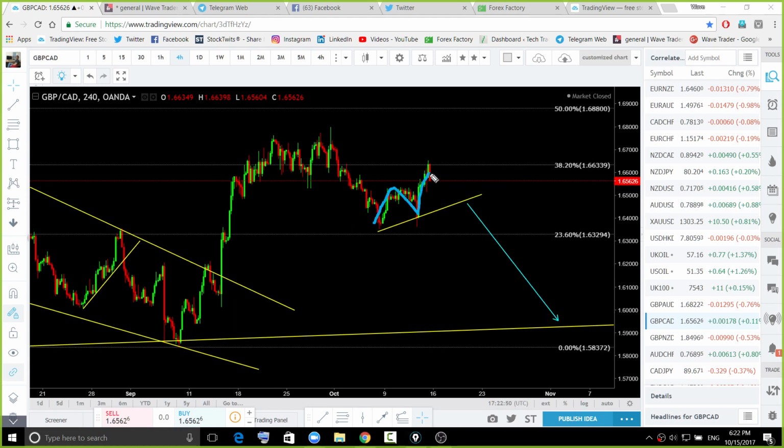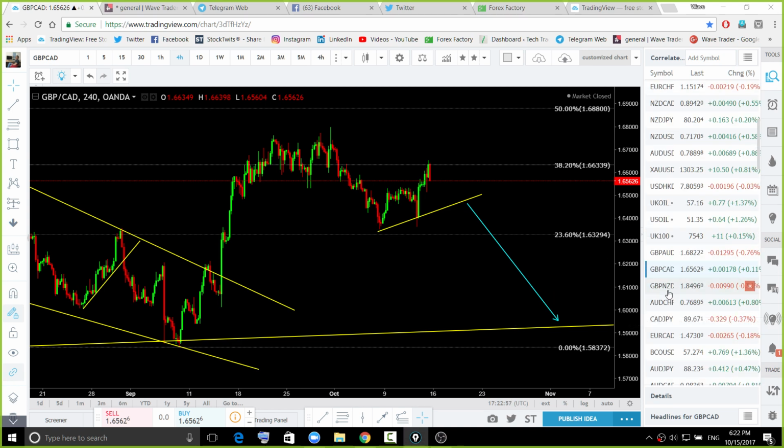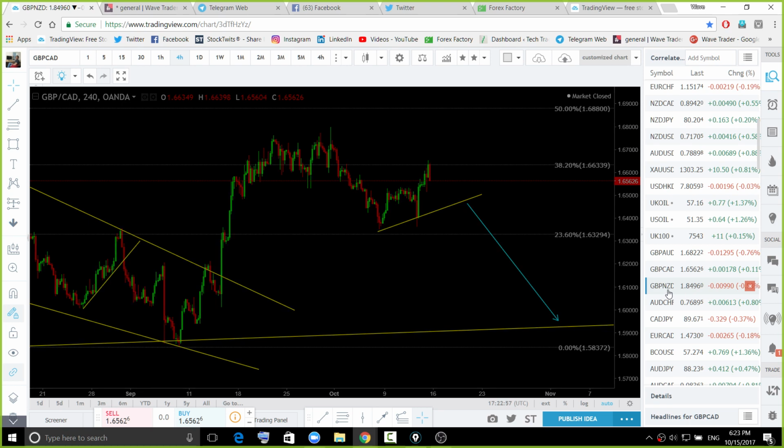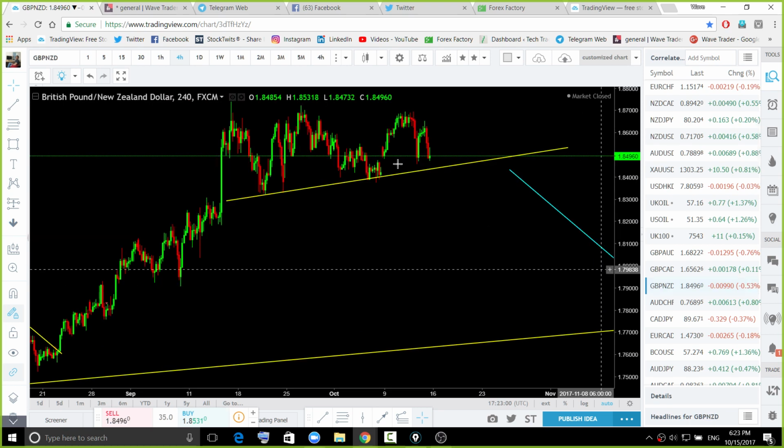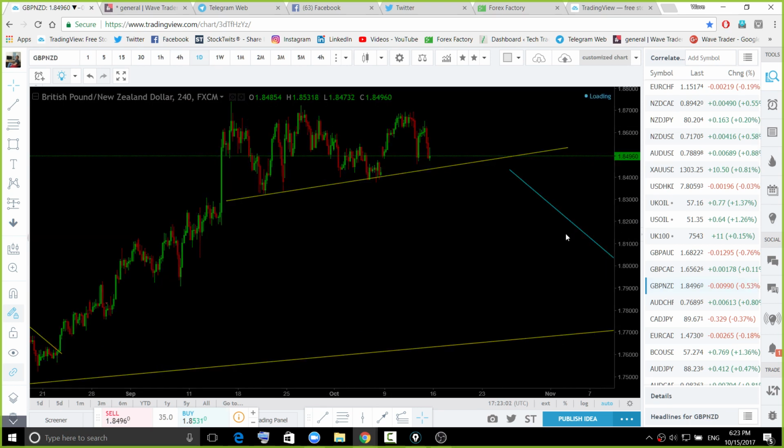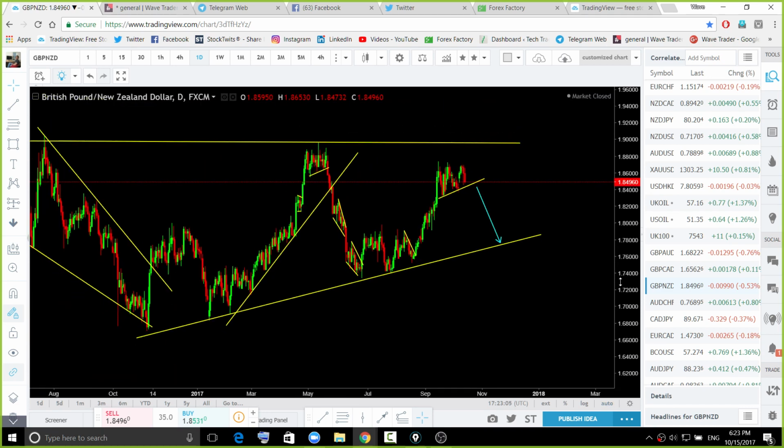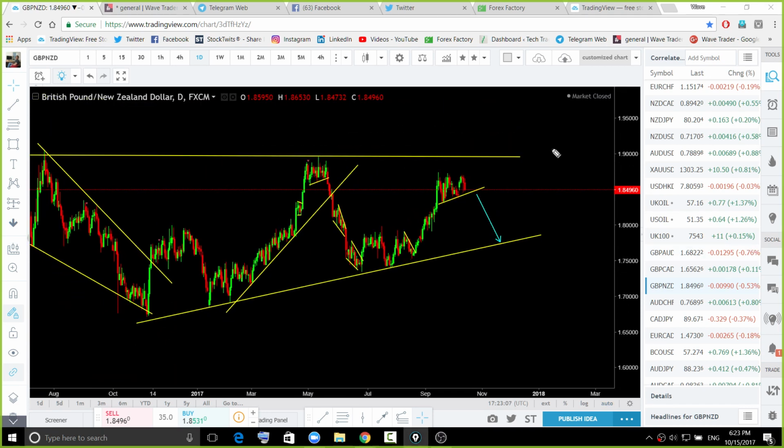1, 2, 3, and that move, if it's going to continue, you can hold that. Not a best trade for me. Yeah, so pound, New Zealand dollar is also not a best trade for me, so I'm not considering that pair. So what we may see is strength on the New Zealand dollar and a drop. Yeah, you can see something like that, this drop.